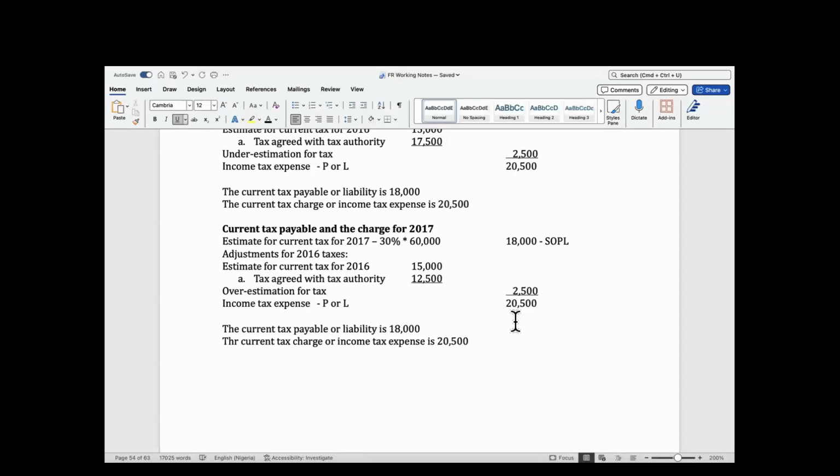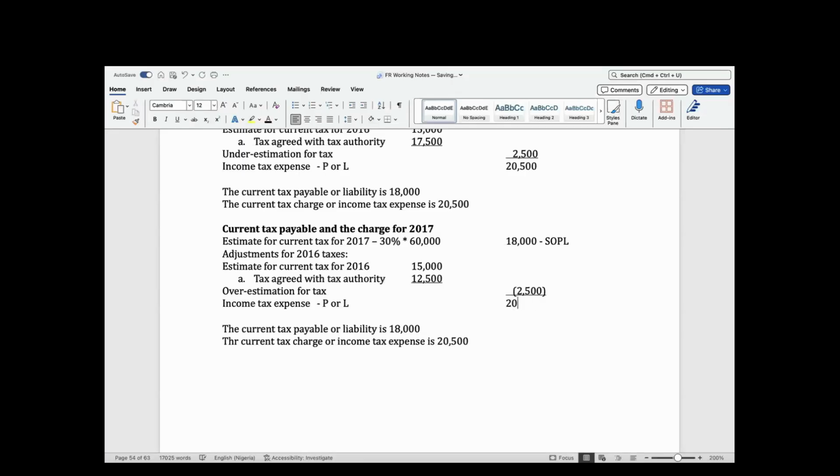And I told you that in this case, you credit bank. What am I saying? In this case, you're going to credit P&L overestimation for tax, and you're going to debit current tax assets because they should give you back the money, but they will not give you back. That's why we are debiting assets, that we're going to recover it against our future taxes. So we're going to debit assets. But that credit to P&L will offset the tax for this year